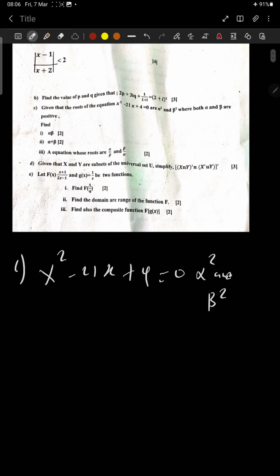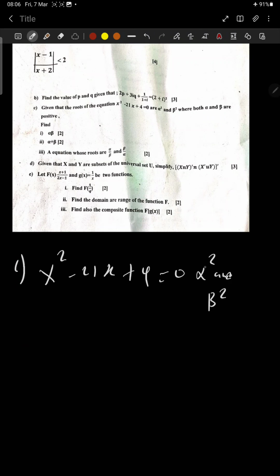Have part C here. Given that the roots of the equation x squared minus 21x plus 4 equals 0 are alpha squared and beta squared, where alpha and beta are positive, find alpha beta. Now listen guys, if you look at this equation, if you're finding, perhaps